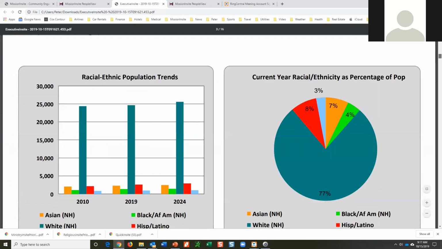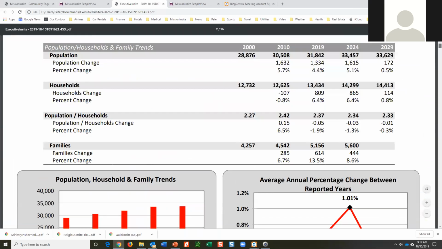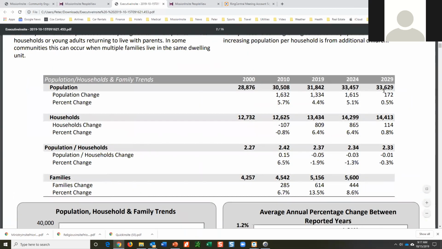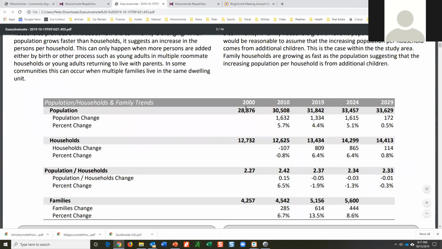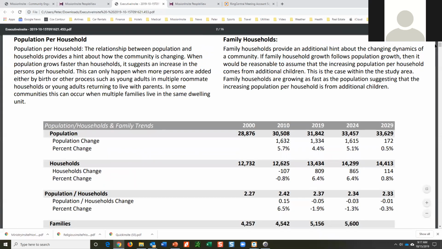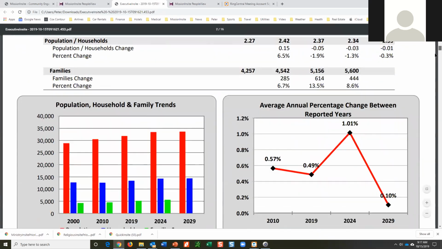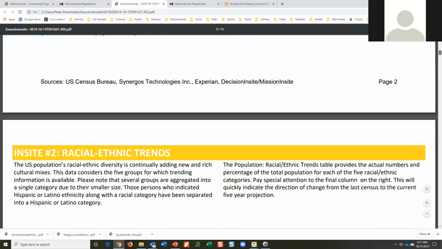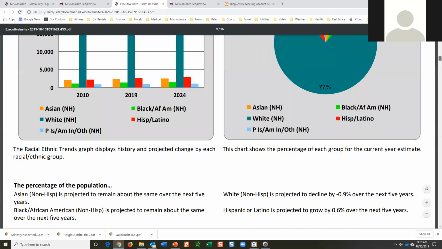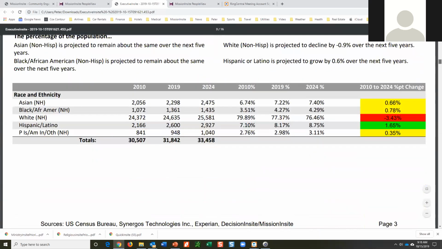So in looking at this report, you have a population. So let me come back to the population very quickly. Here is where you have a 29-year timeline. For population and households in this report, we add the 2000 census, as well as the 2010, the current year estimate, a 5-year projection, and a 10-year forecast. Now remember, these numbers will be updated again in December. So that's an ongoing rolling update. And we have race and ethnicity. These are the major categories, so you can look at any area and see how they distribute.